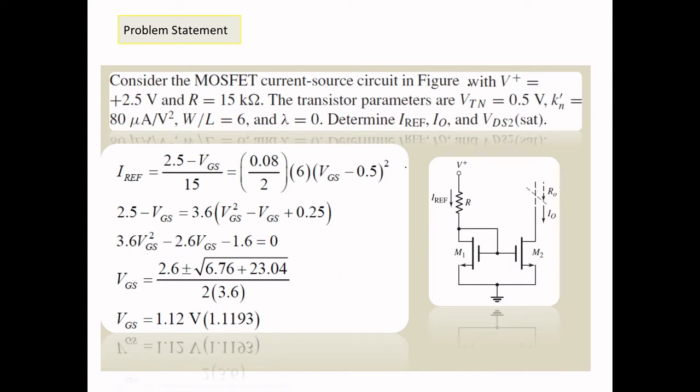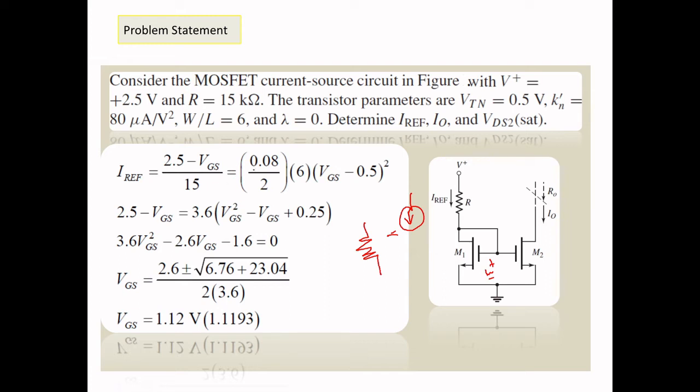So this is a basic current mirror circuit. You can see here we have 2 MOSFETs with one resistor. You already know we can calculate IREF as in the previous part, during the theoretical part it was shown like this. I said this is equivalent to this part, right? So IREF will be V plus minus VGS divided by R. This is one way, that is, VGS is like V plus equal to 2.5 minus this VGS divided by R.